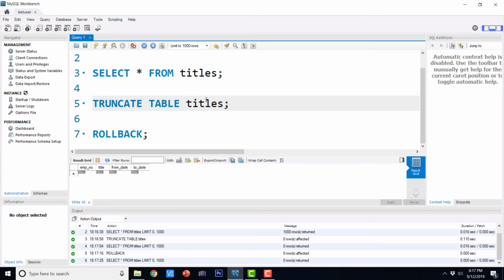So remember the difference. Many times in interviews, they ask you if truncate is a DDL or DML command. You should be able to say that truncate is a DDL command, and you should also be able to quote the reason: it is auto commit by nature. So this is all about truncate.